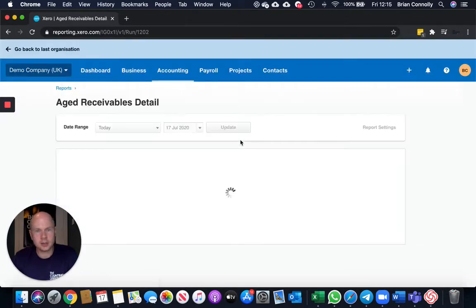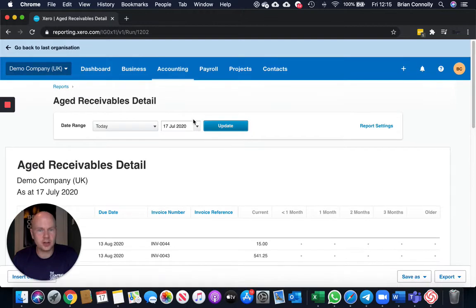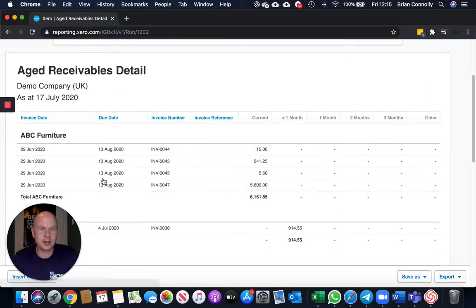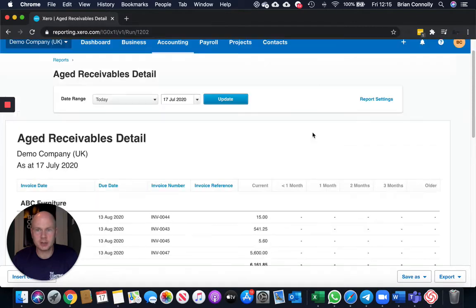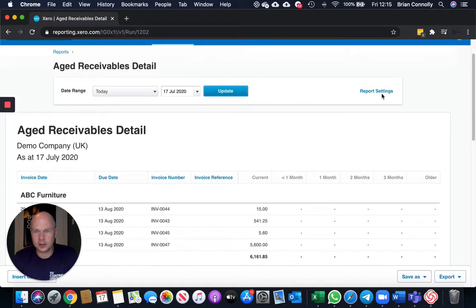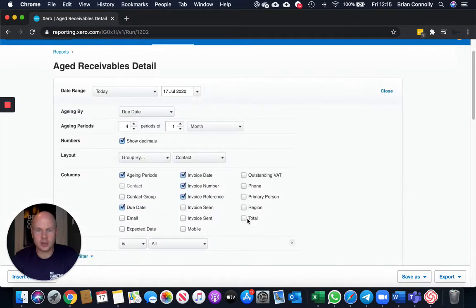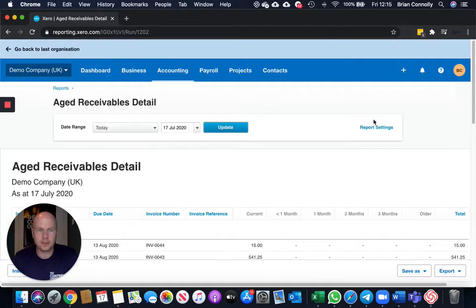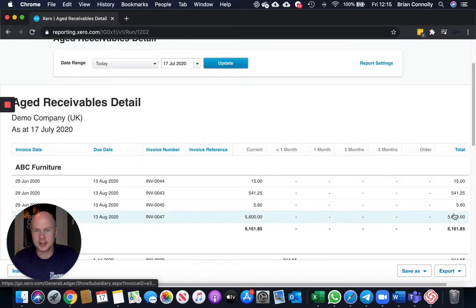When you open this up, it's really good that it defaults to today's date, and you can see then that it breaks down your debtors into invoice detail and splits it out over the outstanding months. A quick update that I'll do is if you go to report settings and add a total column and just update that, it brings a total column in here